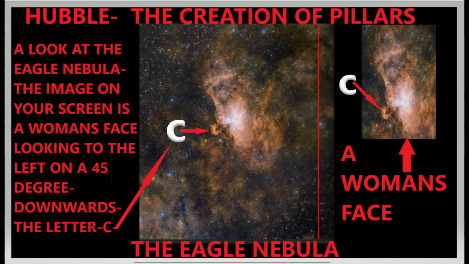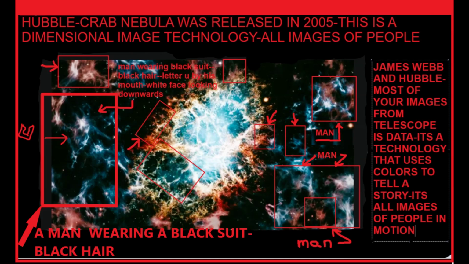As per the science community, this is a solar system they named Eagle Nebula. The Pillars of Creation, that was also named by NASA, can be found inside of Eagle Nebula, in which Eagle Nebula is actually a woman's face. I have also displayed on your screen an image NASA named Mystic Mountain. Hubble captured the Mystic Mountain image in the year 2010. I have also displayed on your screen an image NASA named Crab Nebula.